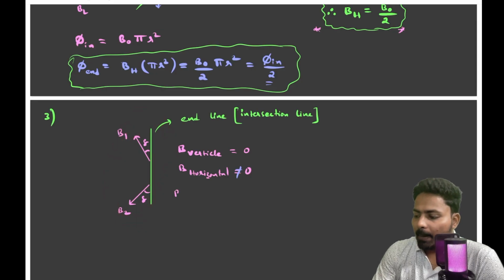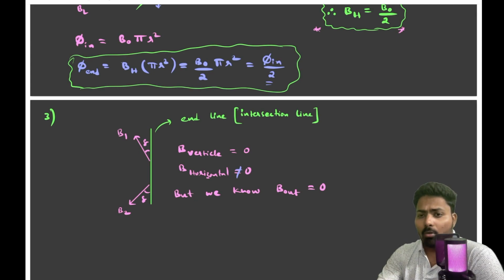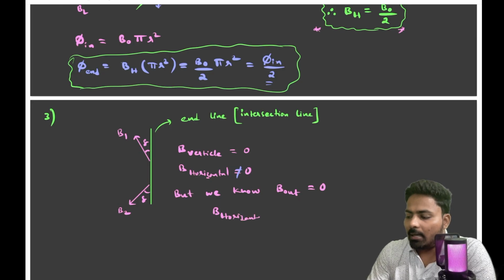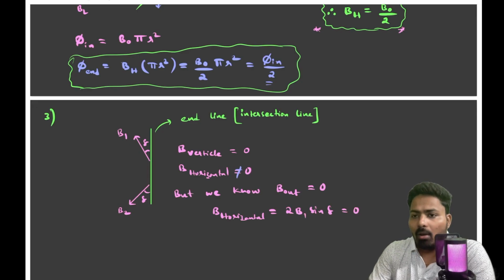But we already know the magnetic field outside a solenoid will be equal to 0. The magnetic field outside must be 0. That means for this to happen there is only one possibility: this b horizontal should become 0. What is b horizontal? Magnitude wise b1 and b2 are the same, right? So I can write 2b1 sine gamma. So for this to become 0,